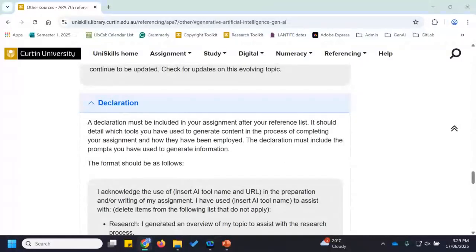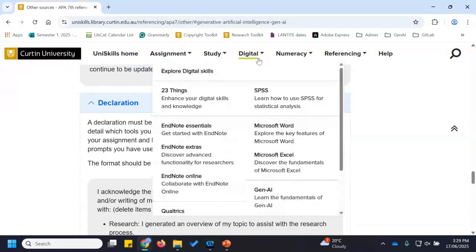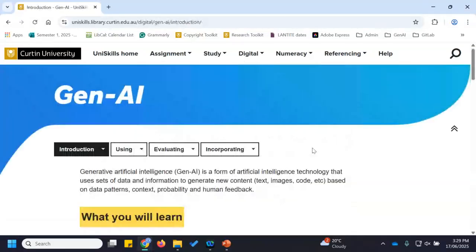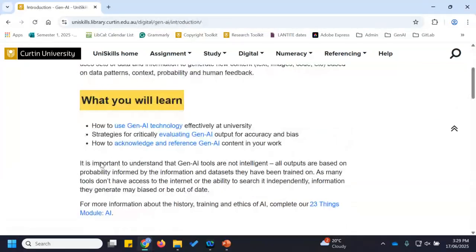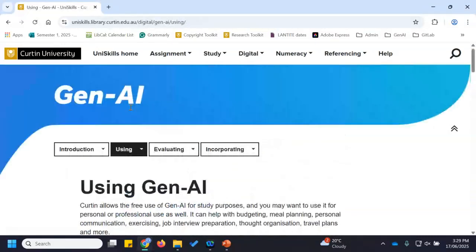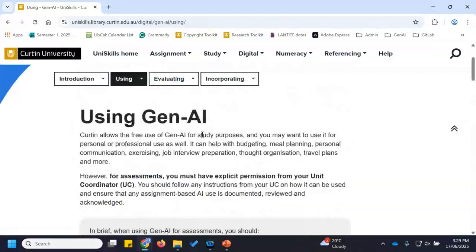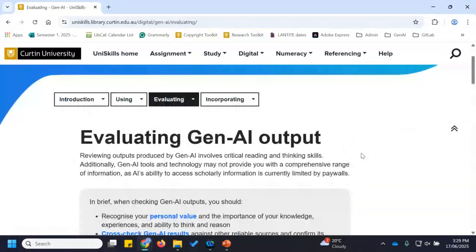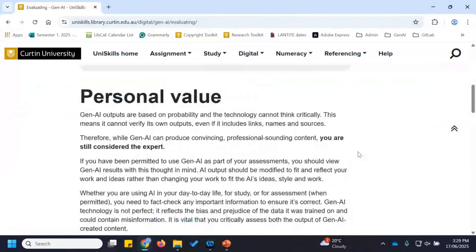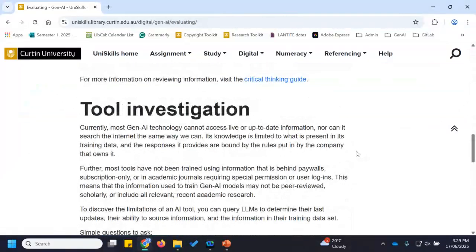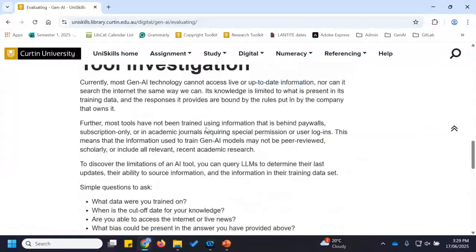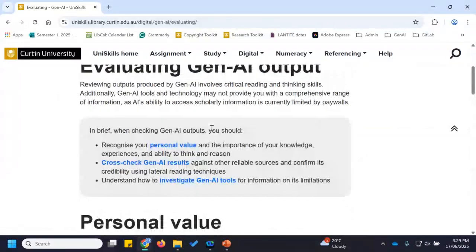While we're here, actually, there's another page under digital. So again, still in Uni Skills, under digital, we've got our GenAI information page here. So we've got how to use it, like the information that we've gone through today. How to evaluate the output. So it's got some information there about what you should check for, and how to investigate the tool that you're using. Again, you can just ask the tool,